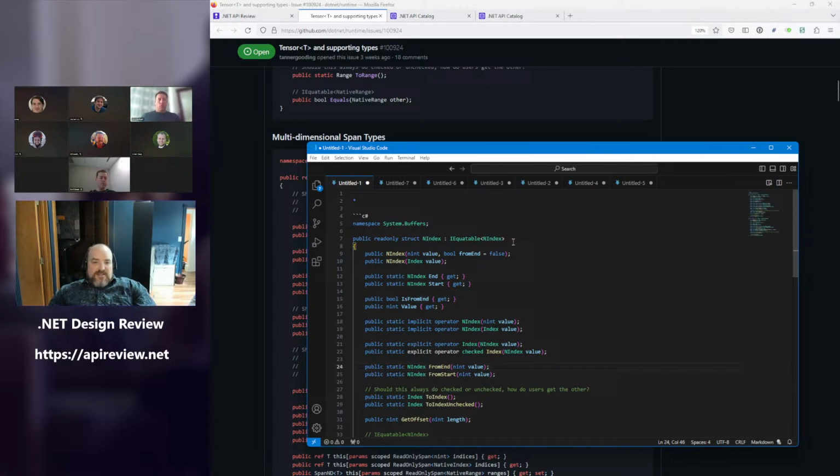in index, because really in index depends on where we think we're going with in span. Yeah. If we exposed an in span, presumably that one would not be in tensors, and if we said that it was esoteric enough that we didn't want it in system directly, we'd put it in buffers or a new namespace like system memory.